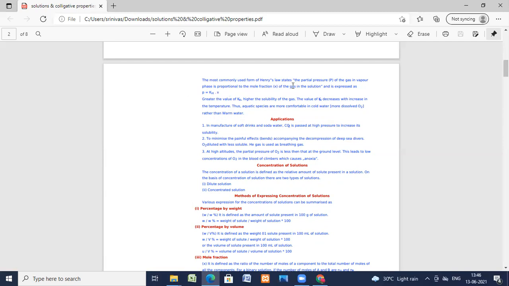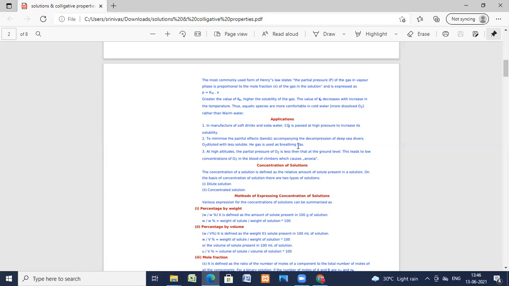The mole fraction of the gas is X. I've told you the mass of the gas and the partial pressure of the gas, so P is proportional to X. So the greater the KH value, the higher the solubility. In the manufacture of soft drinks and soda water, carbon dioxide is passed at high pressure to increase its solubility. To minimize the painful effects accompanying the decompression of deep sea divers, oxygen is diluted with a less soluble gas,